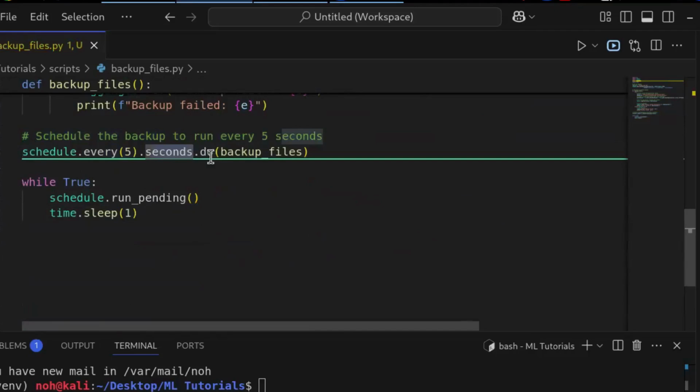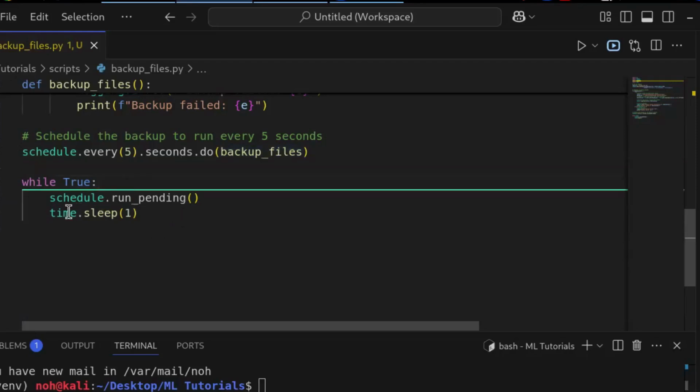Then you can specify the seconds in every function dot seconds to represent that the time is in seconds, and dot do function and specify the function name that is backup underscore files, which is defined in that file. All right. Now, schedule the backup to run every 5 seconds. You can change this time to fit your needs, all right?